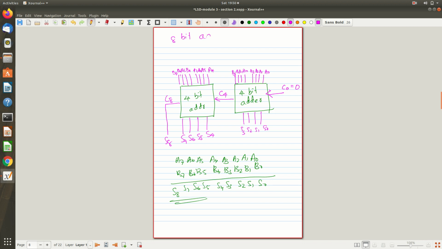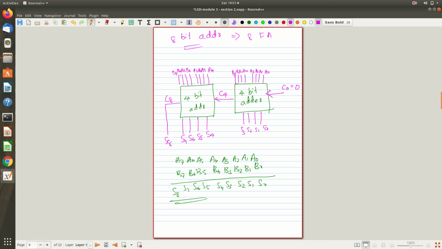So this is the implementation of an 8-bit adder. You can implement an 8-bit adder using 8 full adders, or 7 full adders and a half adder, but 8 full adders is the general approach, something like this. You can see the first 4-bit adder has 4 full adders inside, and the second 4-bit adder has 4 full adders inside. Now if you want to implement a 16-bit adder, you can use this 8-bit adder 2 times, or in any other way; a number of ways are there, so accordingly you can implement.